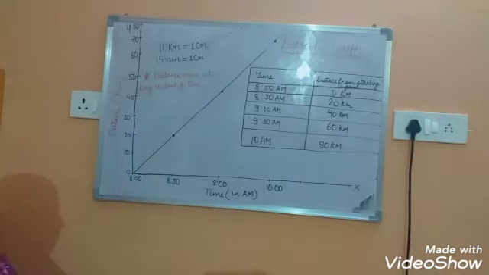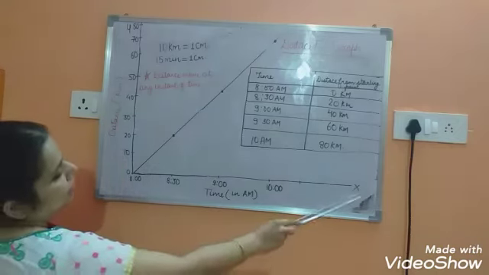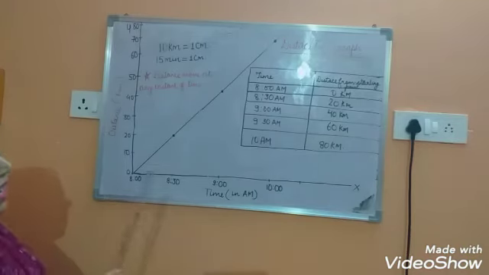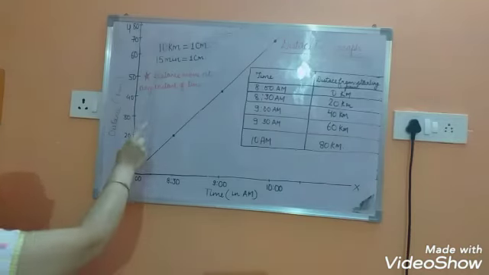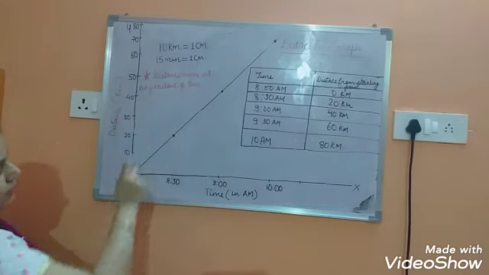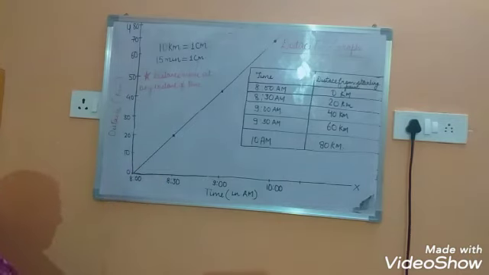In the same way, we will take time on the x-axis, and we will take the formula 15 minutes is equal to 1 centimeter. So 8 to 8:15, 1 centimeter, 8:15 to 8:30, 1 centimeter. That means from 8 to 8:30, at the difference of 30 minutes, there are 2 centimeters. 1 centimeter plus 1 centimeter, 2 centimeters.